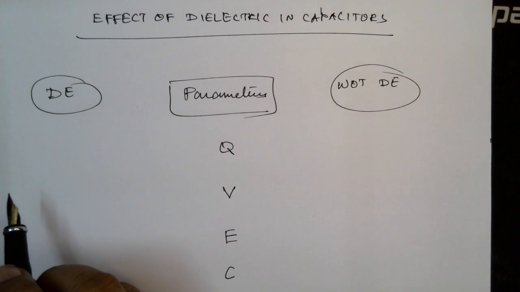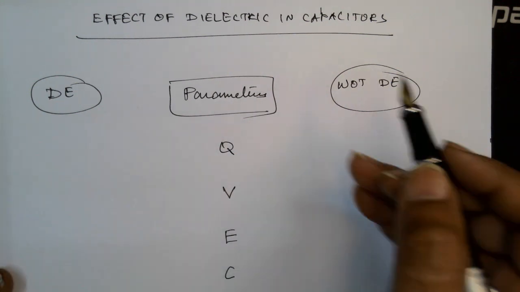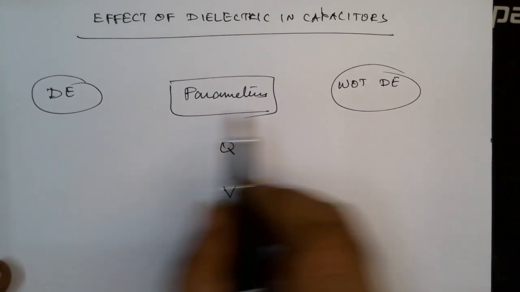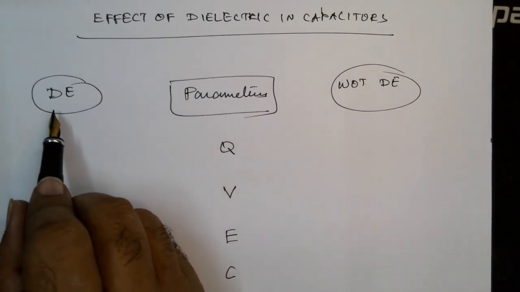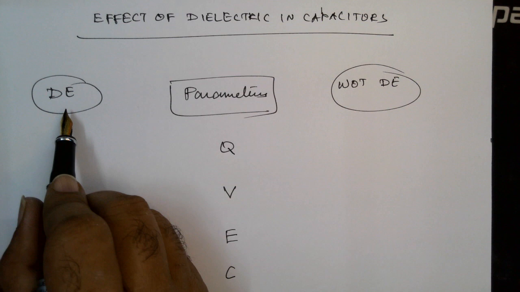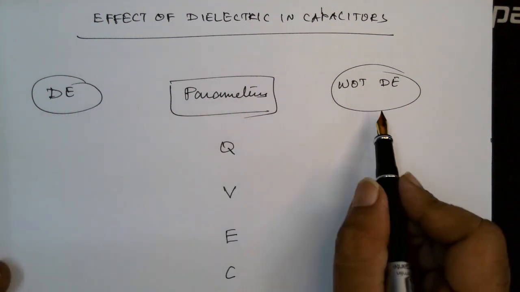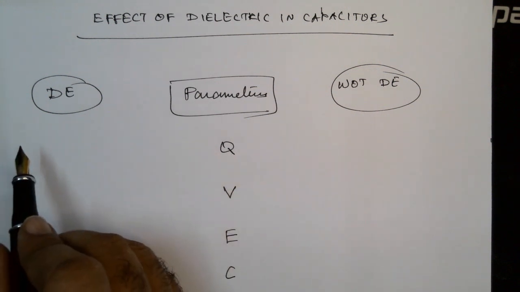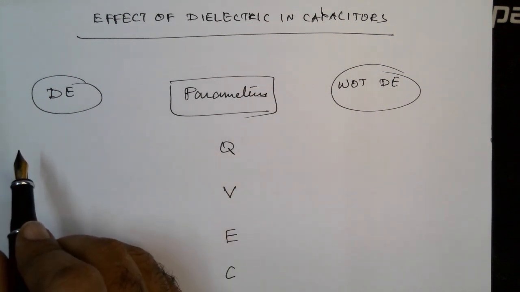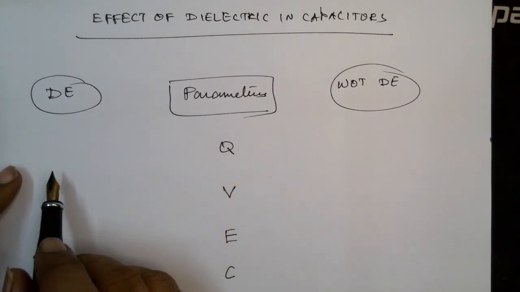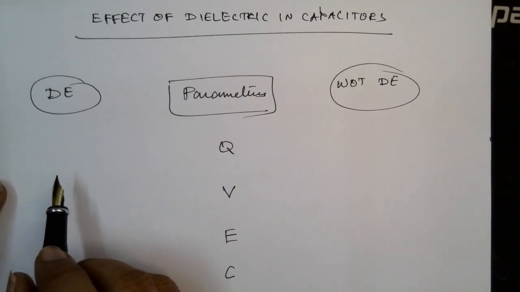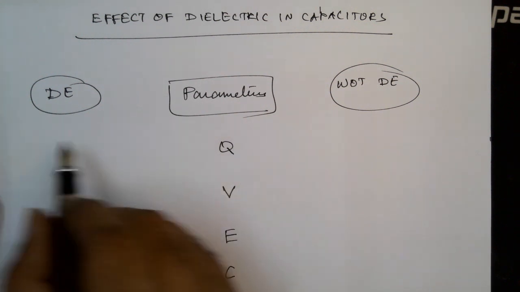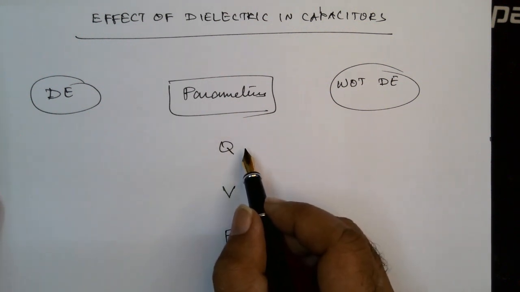Now it becomes constant when the dielectric is inserted, and this is not inserted. It means when the battery is disconnected, you can write it like this also. So when the battery is disconnected, Q is constant